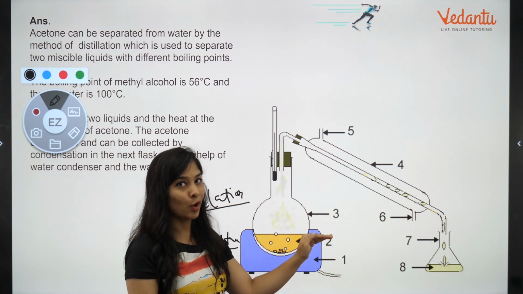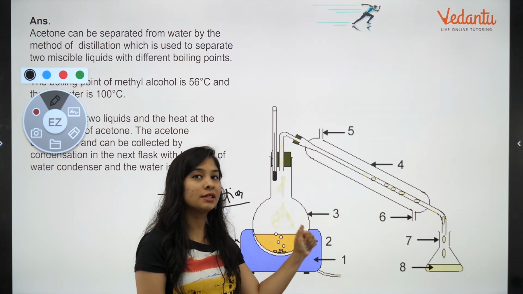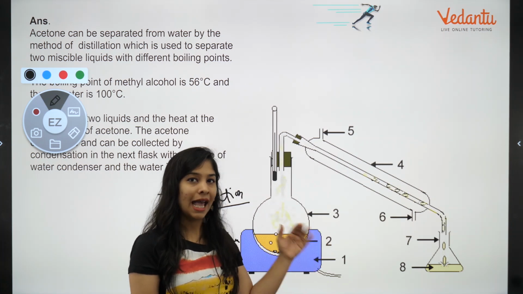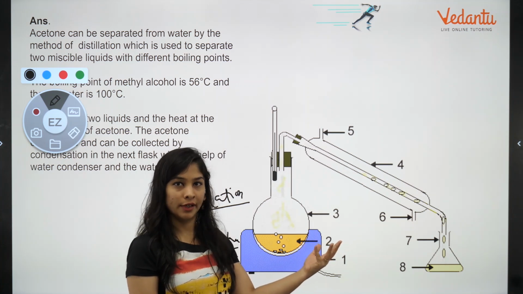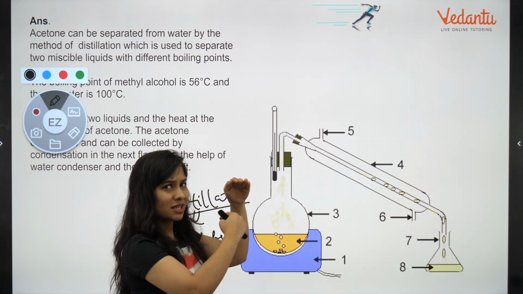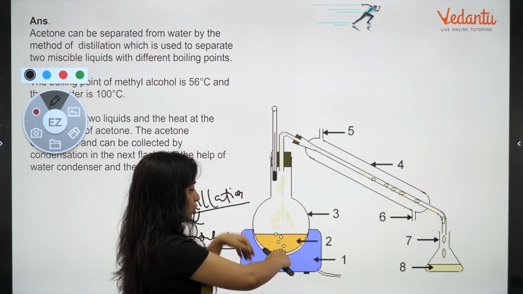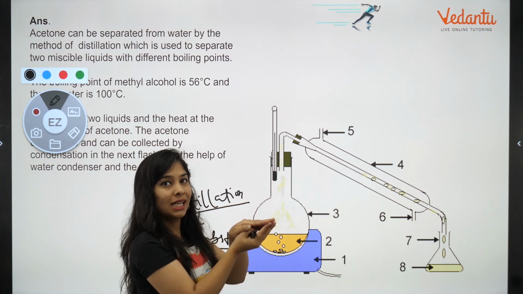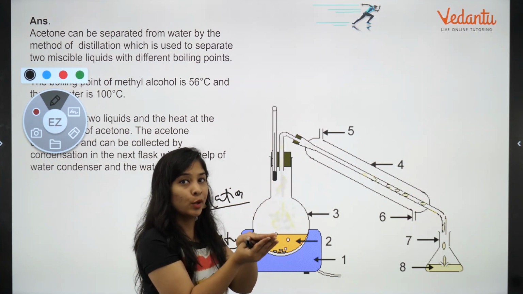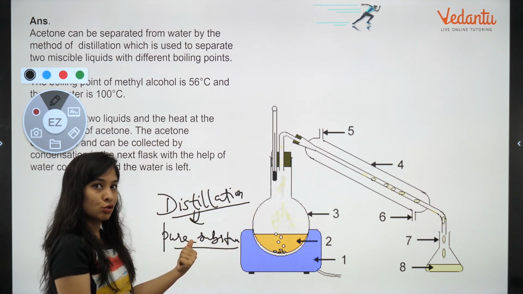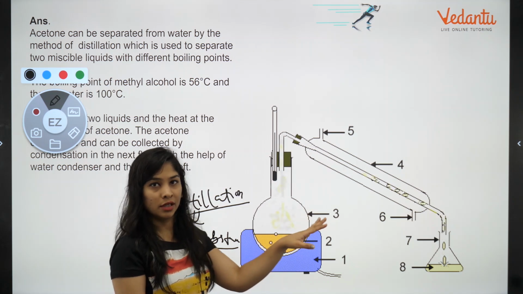They have a difference in boiling point, and the difference in their boiling point must be above 25 degrees Celsius, or you can also say 25 Kelvin. Fine, 25 degrees Celsius or 25 Kelvin, because at a certain moment when you are heating a mixture, it is converting into vapor. Both vapors can interfere with each other. That we don't want. Otherwise, we are not going to get a pure substance. So there must be a difference of 25 degrees Celsius.